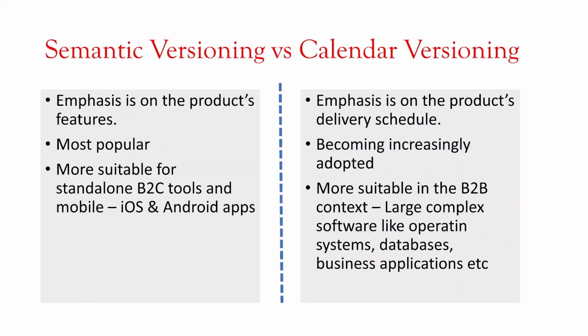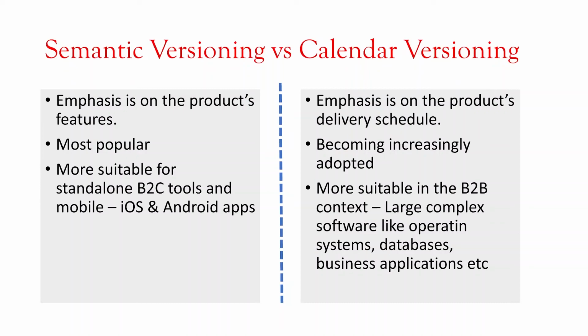Whereas when it comes to calendar versioning, from what I have seen at least, it's mostly used in the B2B space, where you have a large complex piece of software that is being shipped, and you have B2B customers that are trying to adopt it. So just like we saw, the Ubuntu Linux is an operating system, databases, business applications. And the reason why it's so important is that in the B2B context,